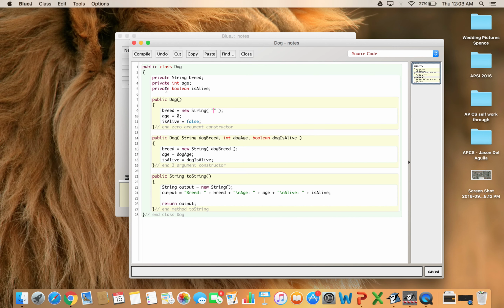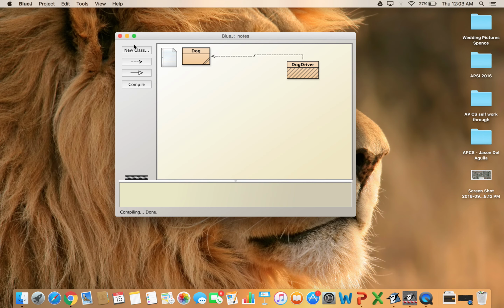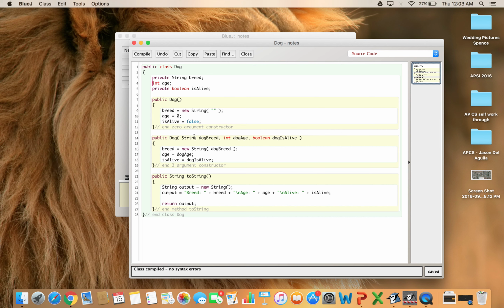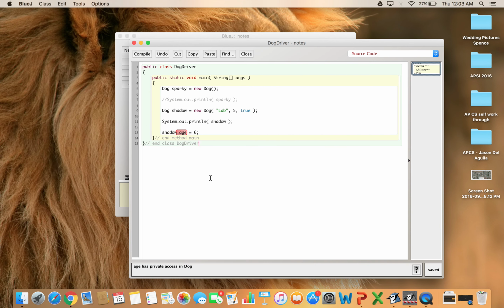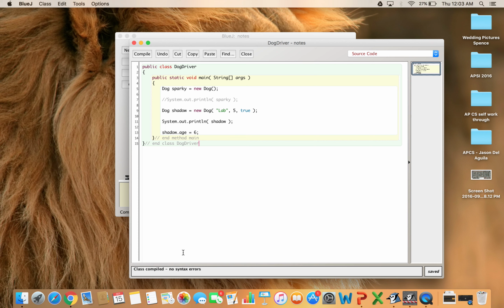So if I didn't make them private, they're public. That means other things that are not inside this class, so other methods, like my main method, can change this. So now let's see what happens. Now everything's fine. I can change the age to 6, and then if I printed out shadow again,